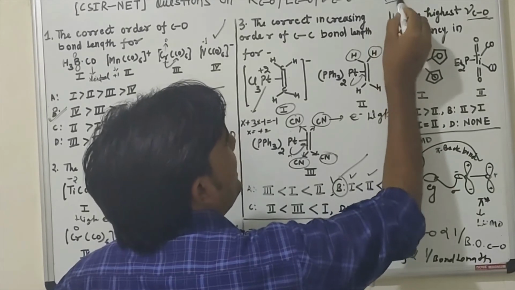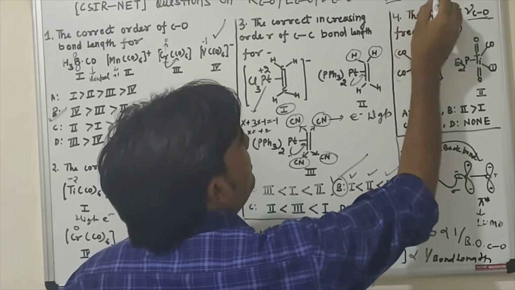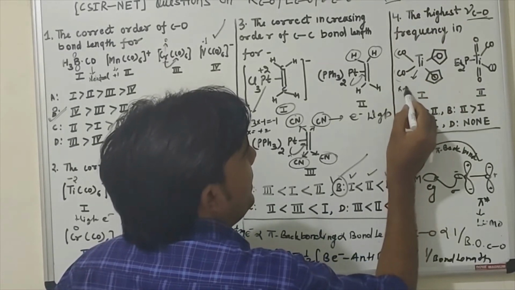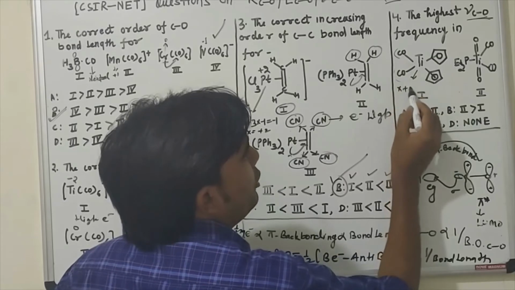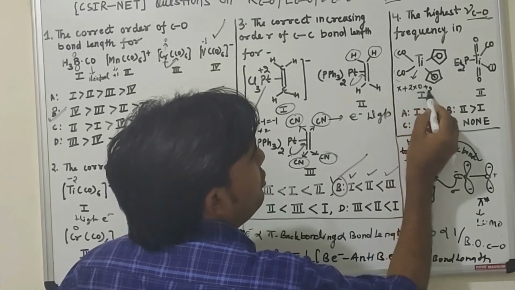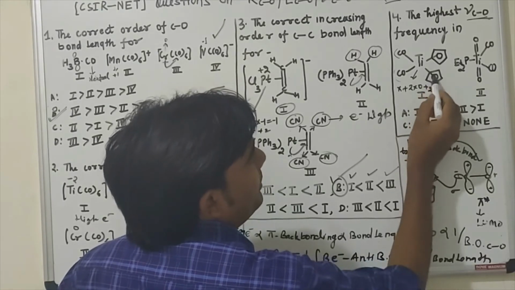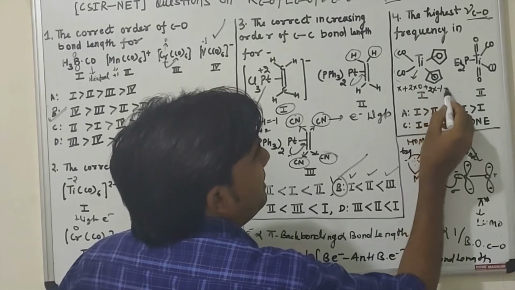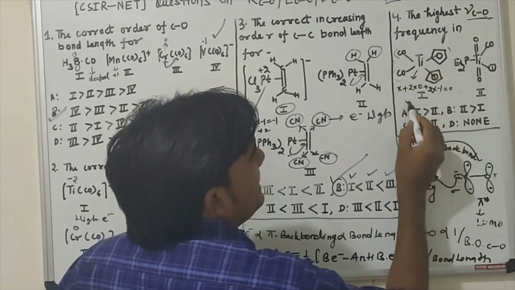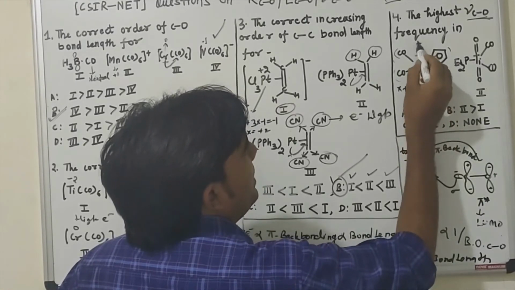This is a cyclopentadienyl ligand, that means hapticity 5, and the oxidation state, if it is X, plus 2 CO, but CO is a neutral ligand, plus 2 multiplied by the 2 ligands, and the charge is -1, is equal to 0 because there is no overall charge. So X is equal to +2. So this titanium is +2.